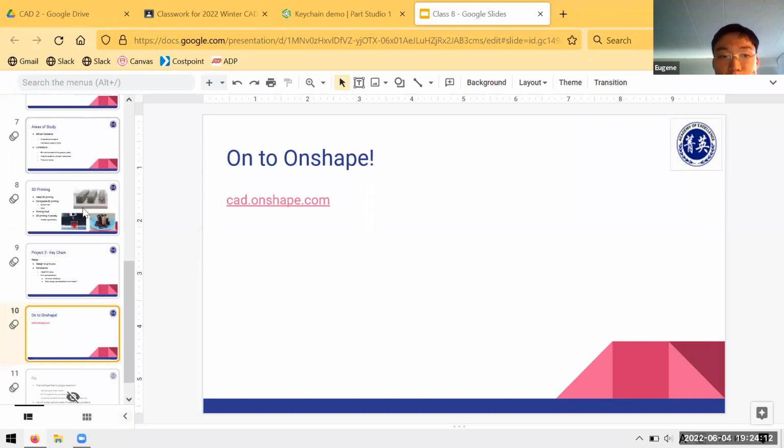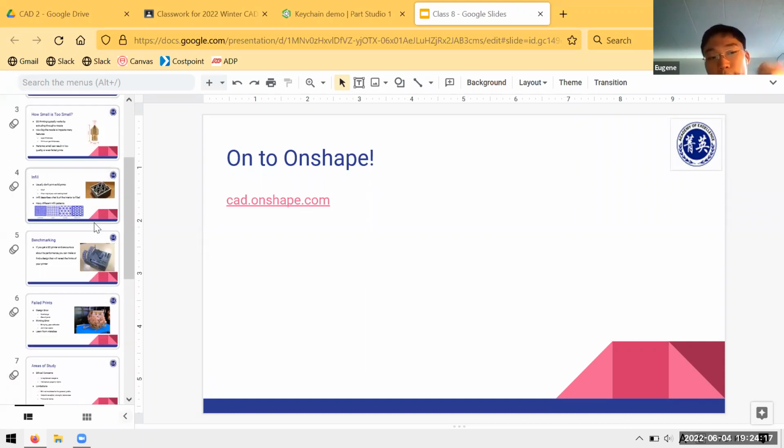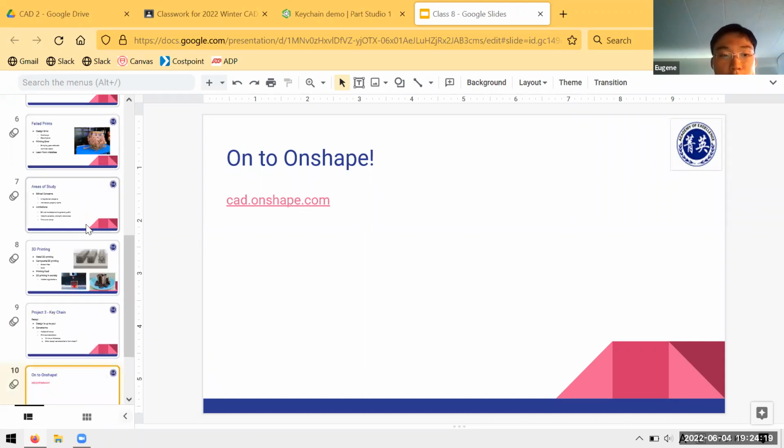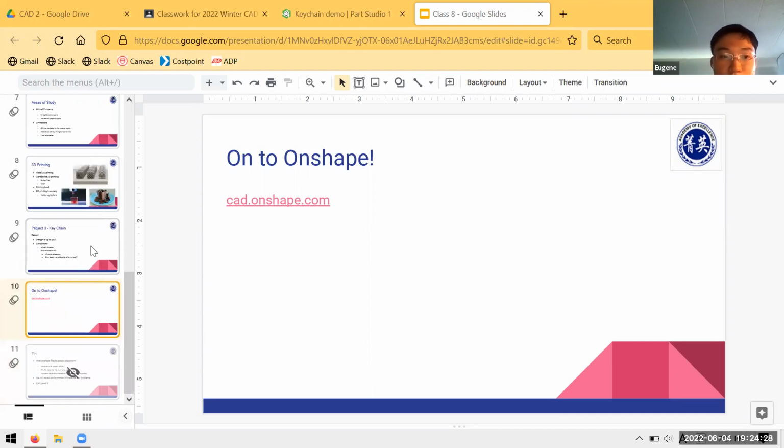And in the last couple of weeks, hopefully you've learned how to design a part that's suitable and could be 3D printed. In terms of where you can go from here, there are a couple more CAD classes that I may teach in this program, so you can keep an eye out for those. In the event that I don't end up teaching those,